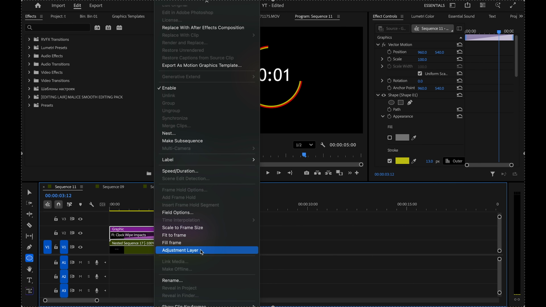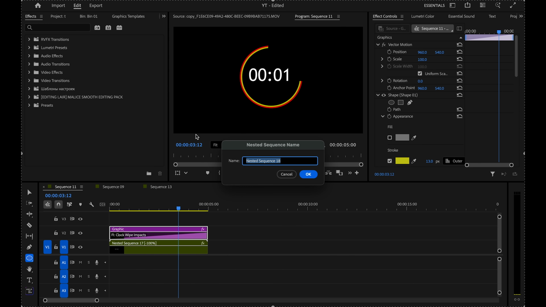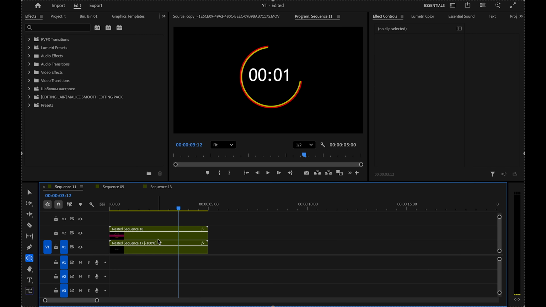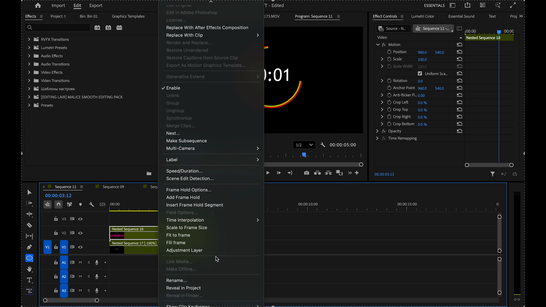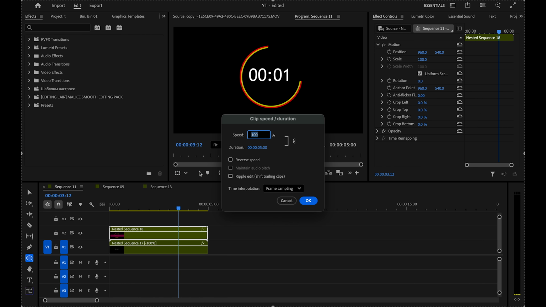right-click the clip, nest it, then right-click again, Reverse Speed. You now have a